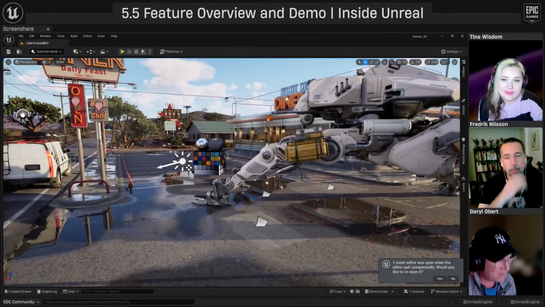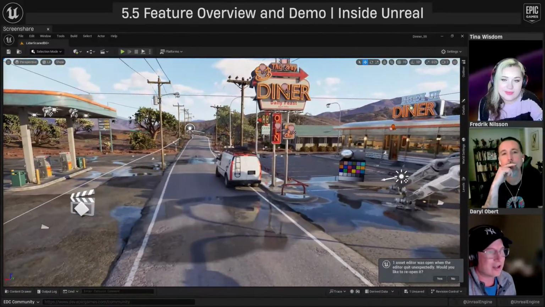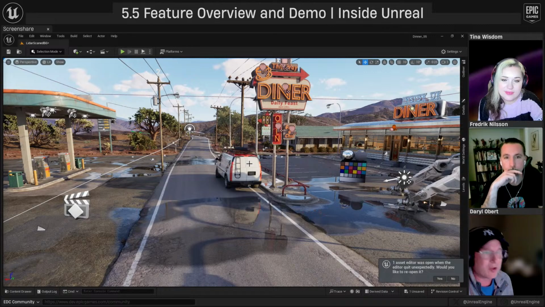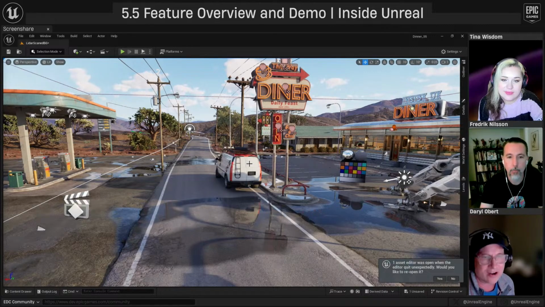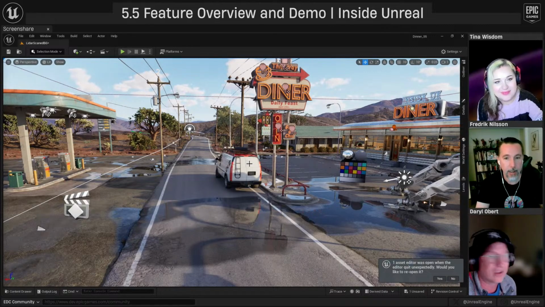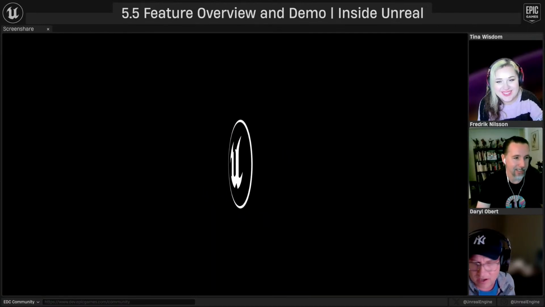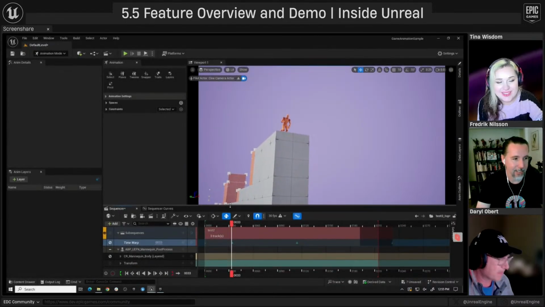Some of the improvements that we've made to dynamics, and there's a couple things. Actually, we'll go back to Frederick first because we're kind of still talking characters. If he's ready. Yeah, I'm ready. Okay, cool. We'll circle back, and then we'll finish with dynamics, and then I think we'll call it a day after that. All right.